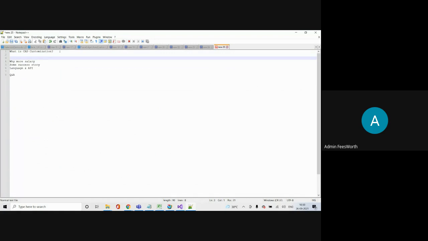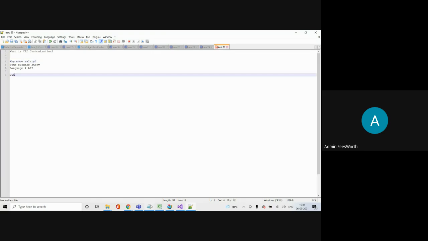And this you can do for any CAD software nowadays: AutoCAD, NX, CATIA, Creo, SolidWorks, Solid Edge. And PLM customization, that is for Teamcenter or Windchill, for all. Now, why do they pay more salary? Because it's doing some work automatically.